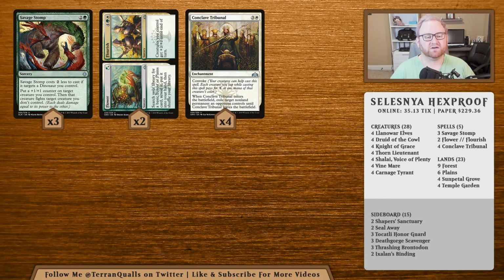Flower to Flourish is here for us to ramp a little bit, but also in the mid to late game, we just go +2/+2 on our entire board state and just swing in for the win. Very good. And Conclave Tribunal, of course, is here for good removal against most matchups,